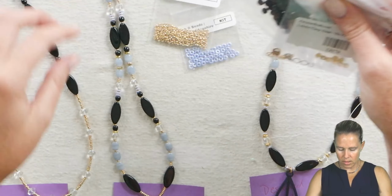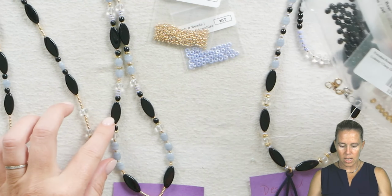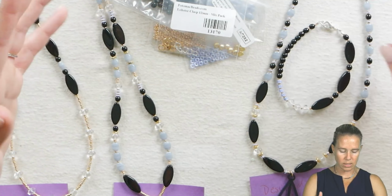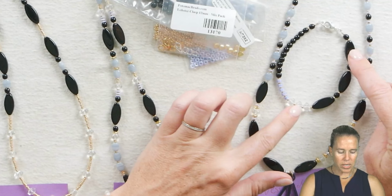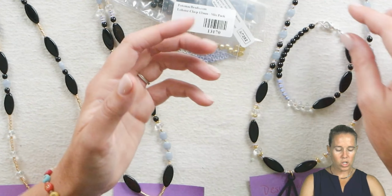And then when you look at the set by Kenzie, she has more of the black ovals and she didn't use as many of the rondelles. Because you get 2 clasps in the kit, Anna went ahead and even made a bracelet since we have extra thread and supplies. Now, in Anna's bracelet, she did more of a block sectioning, which is really pretty,